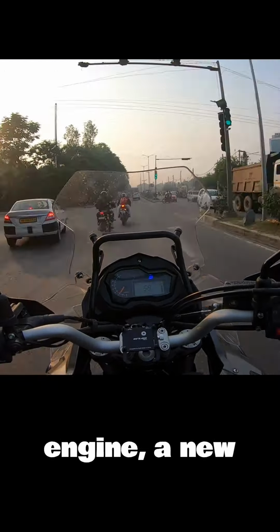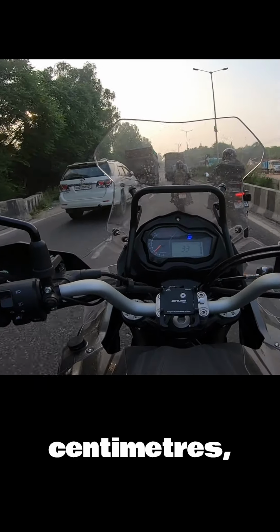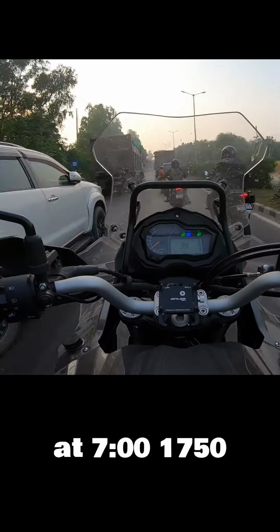Here are some of the key specifications of the BMW R1300GS. Engine: air/liquid-cooled 4-stroke flat twin engine with double overhead camshafts, BMW ShiftCam, and balance gear wheels. Displacement is 1,300 cubic centimeters with power of 145 horsepower at 7,750 rpm and torque of 149 Newton meters